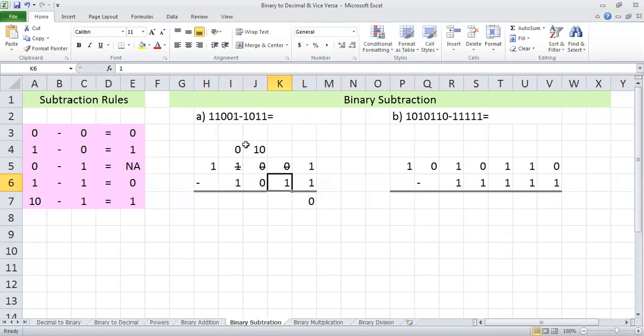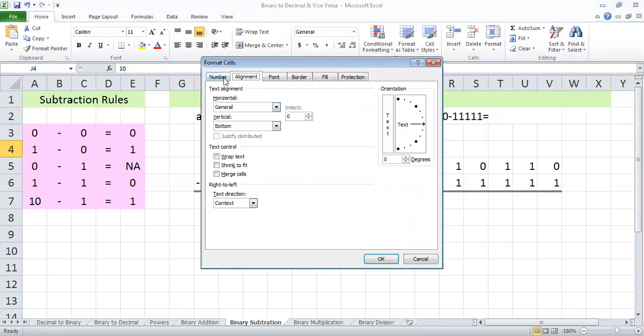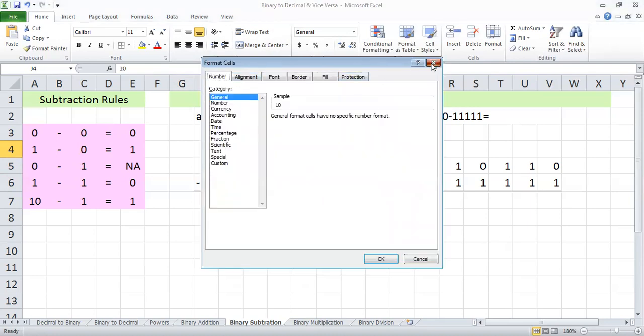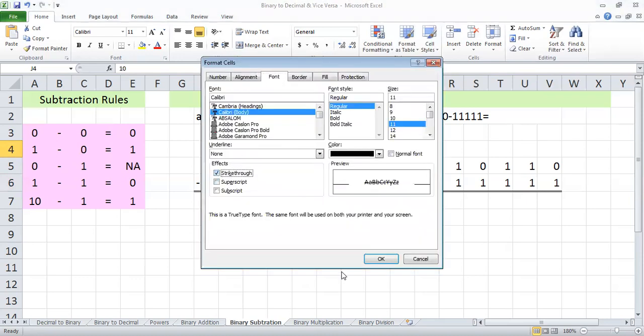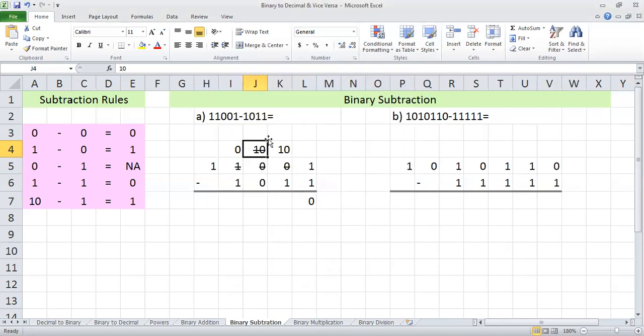सबसे पहले ये 10 बनेगा क्योंकि जब आप इसको बोरो दोगे तो it will become 10. It will not become 1, it will become 10. But 10 में से जब आप फिर इसको भी बोरो दे दोगे तो this will become 10 and 10 will become 1. So again you have to cut 10 and 10 will become 1.